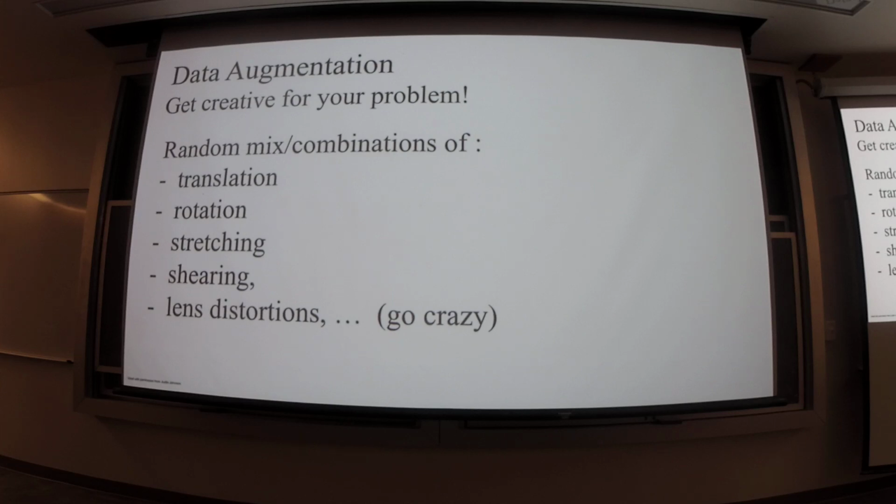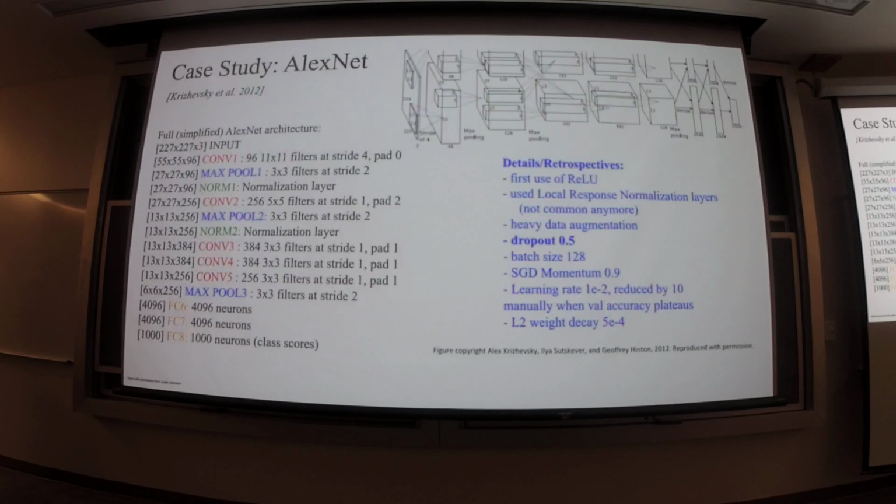That's not good. You don't want to do that. It's kind of a simple example, but you don't want to just willy-nilly go and do this, because you might, without thinking about it, be changing what the actual label ought to be on the image. But for these natural image data sets like ImageNet, all these things we're talking about are great. You're just going to get a really stretched out cat or a really skinny cat or something like that. Okay, so that's data